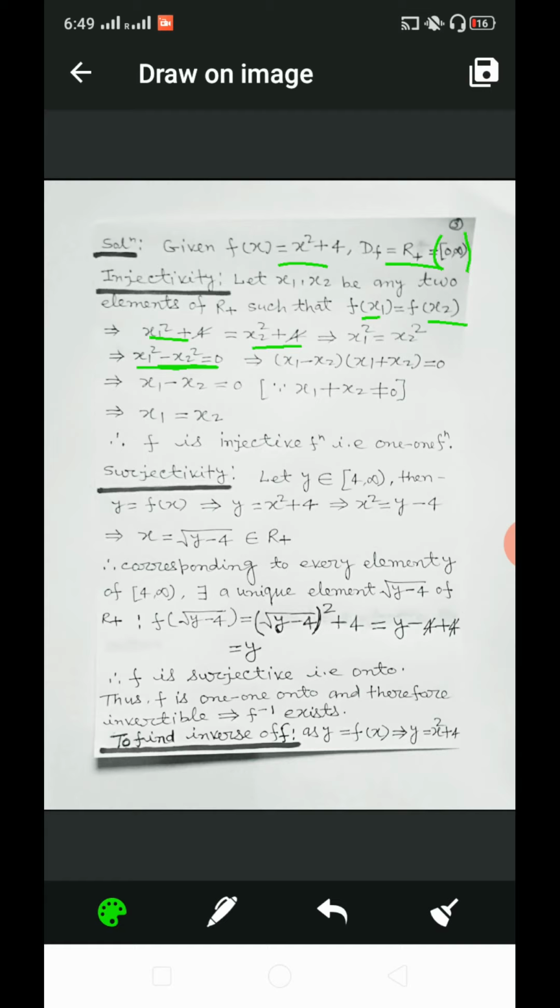on the basis of the identity a square minus b square equal to (a minus b) into (a plus b). So we can write here x1 minus x2 equal to 0, since x1 plus x2 cannot be equal to 0. So if x1 minus x2 equal to 0, we can write x1 is equal to x2, and we can say that f is injective function, that is one-one function. For surjectivity, that is onto, let y belong to the right half open interval [4, infinity),